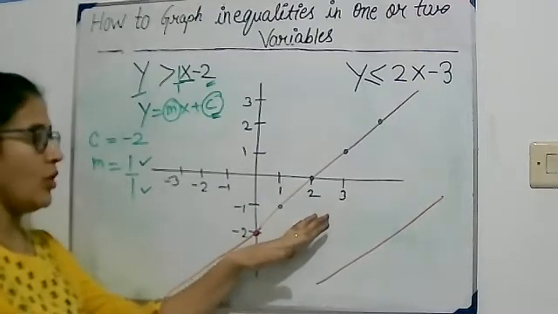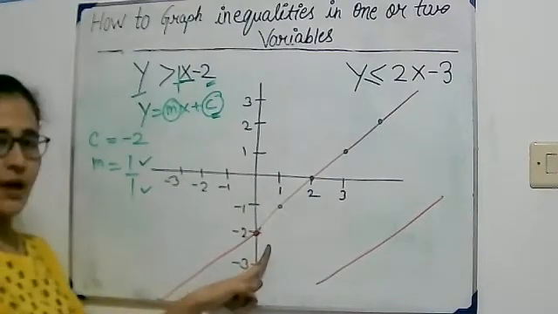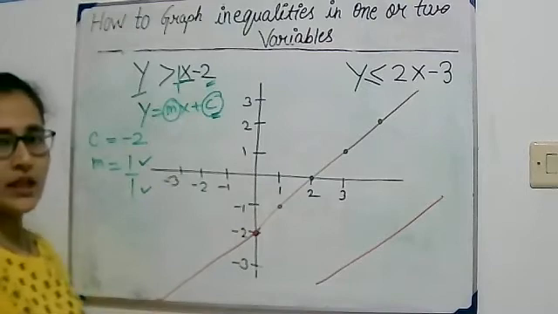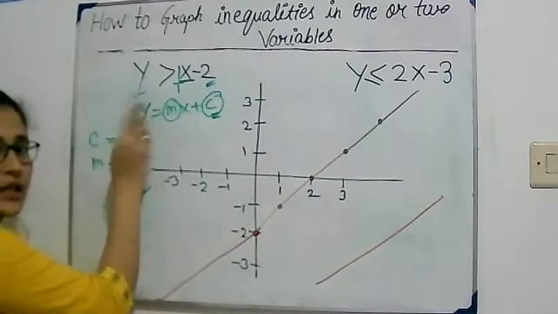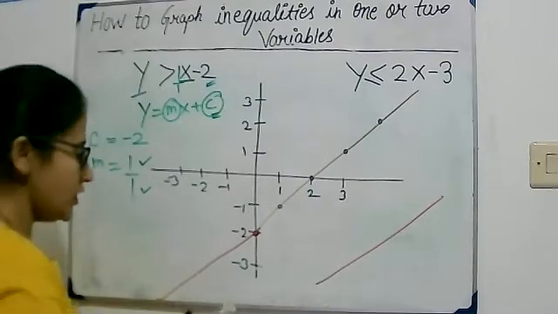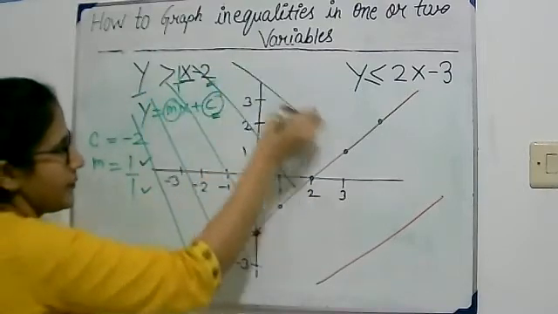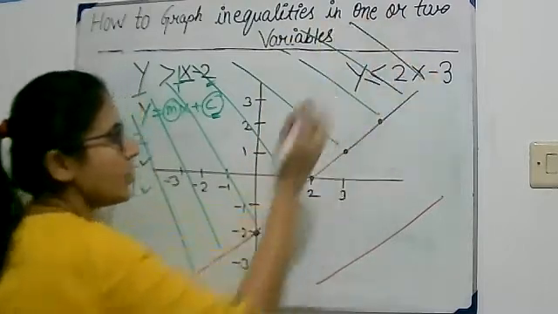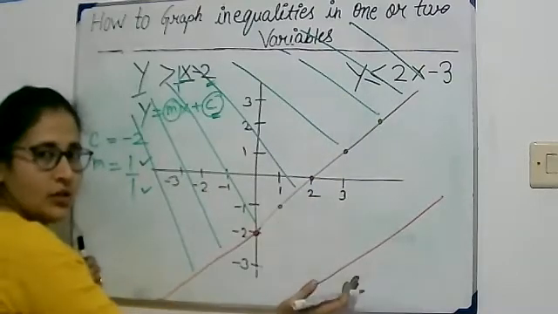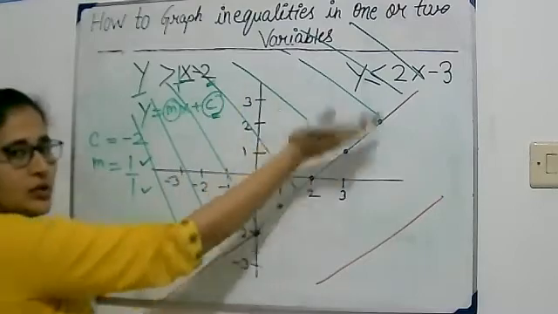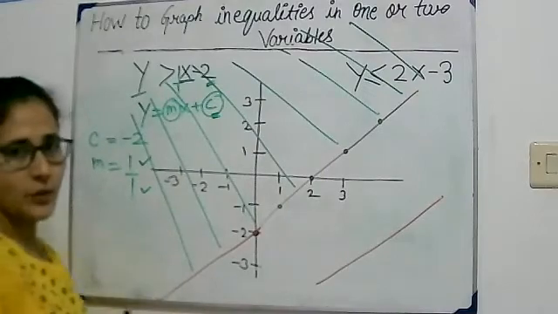Positive slope. Slope is 1 over 1 and intercept on the y-axis is minus 2. This is an inequality. We have to shade the region. Y is greater than. So all the region which has greater values, we will shade this region, because values on the upward side are greater from this line and the downward side has the lowest values. So higher values, because this is greater than. We will shade the region which has greater values.